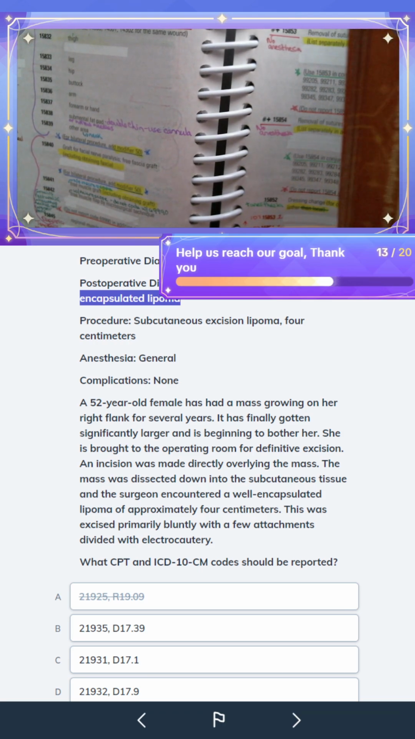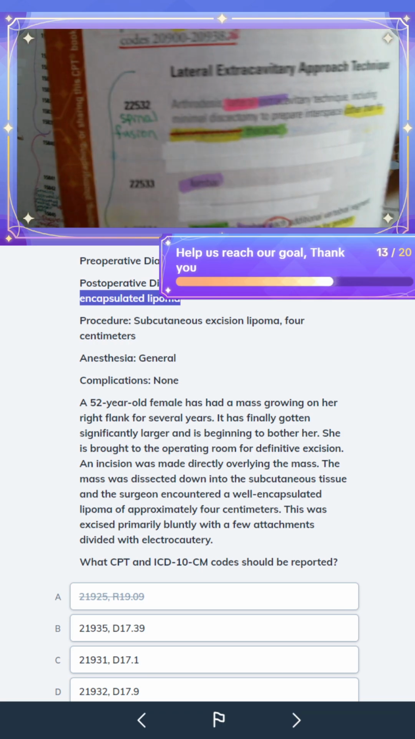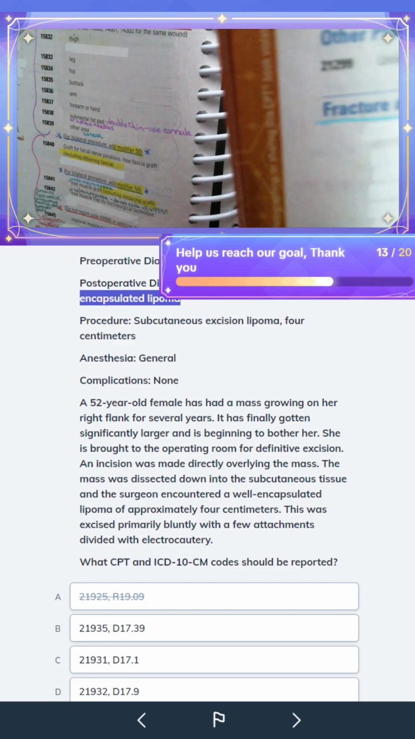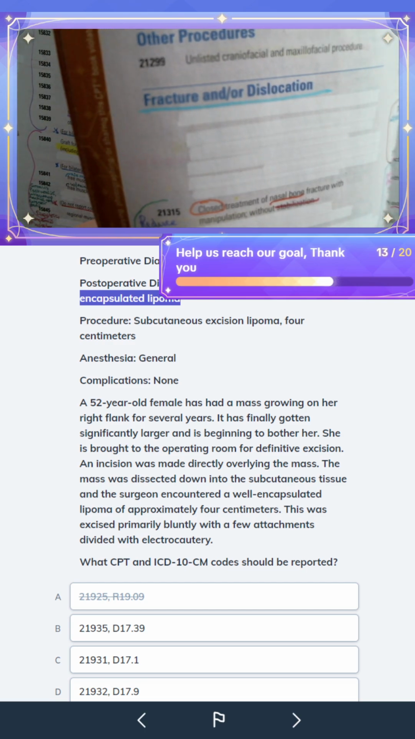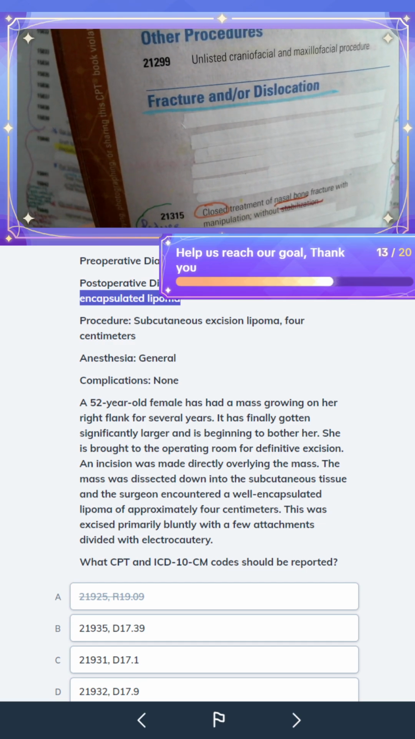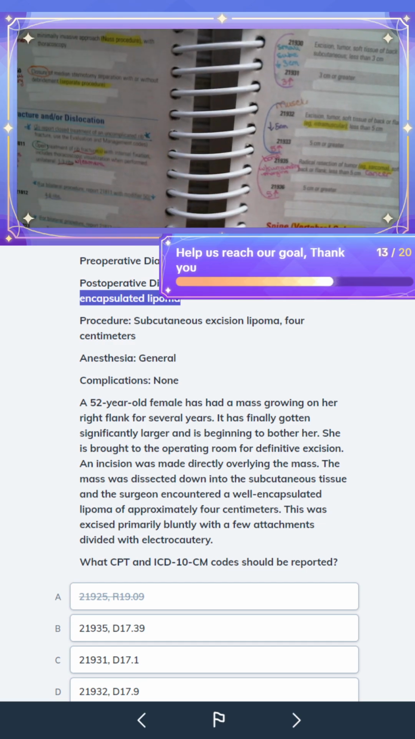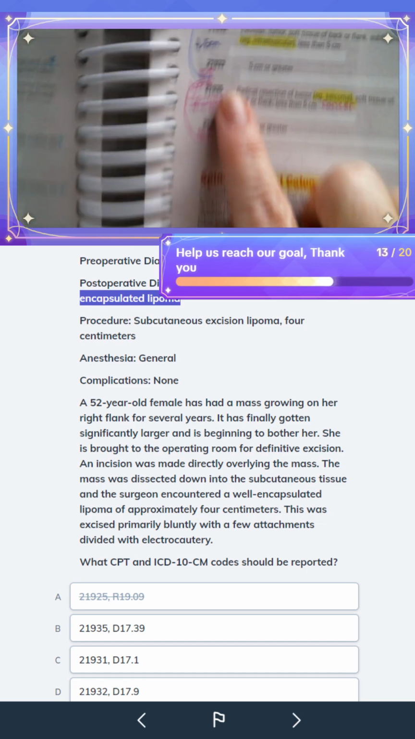These suckers took me forever to do this year. This musculoskeletal, woo! They took me like 2 months to do. All right, 219, but they are good. 219, 3132,